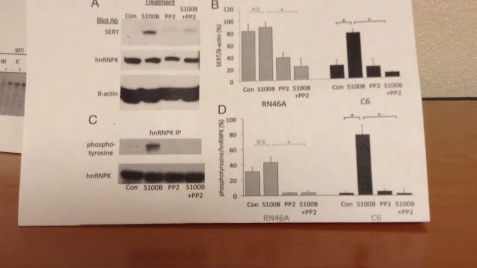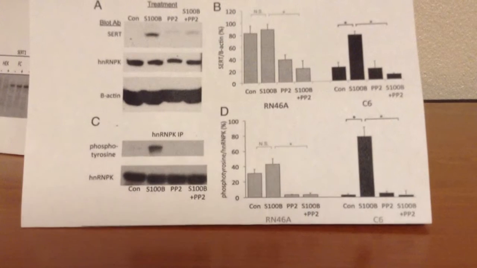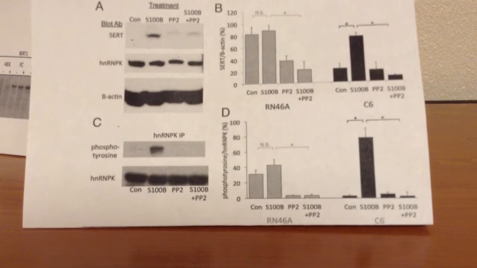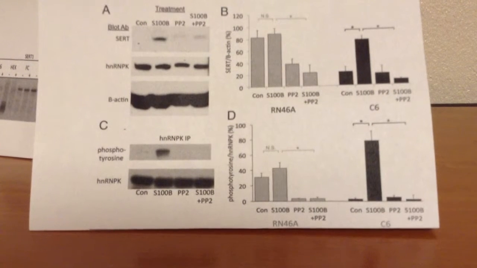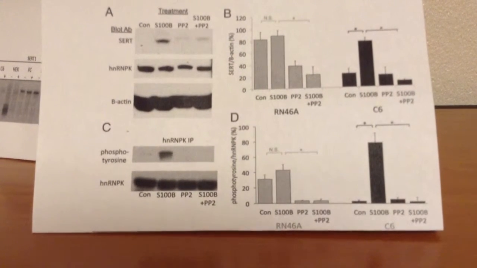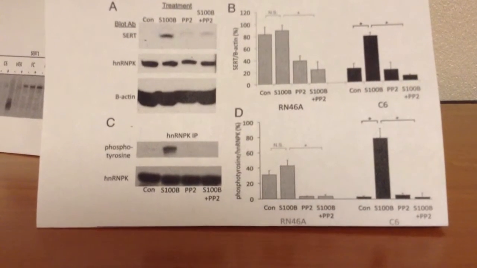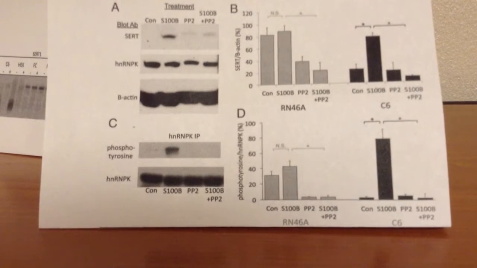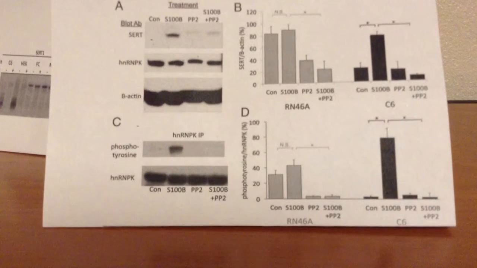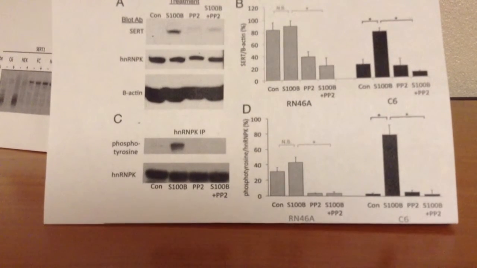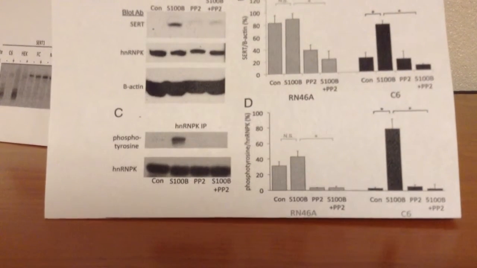This way, phosphorylation of A10 is inactivated, inactivating expression of SERT. We can also see it in B, which shows expression of SERT with different treatments, showing the same pattern as in A. In C and D, we can see the same logic as in A and B, but now